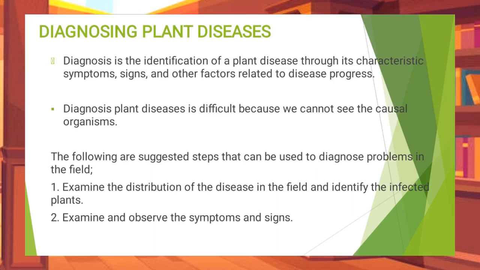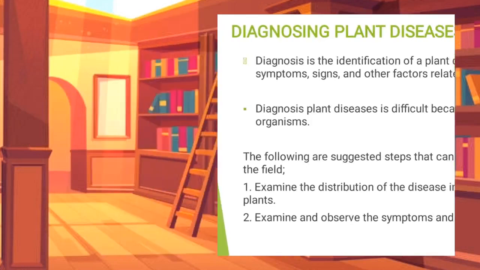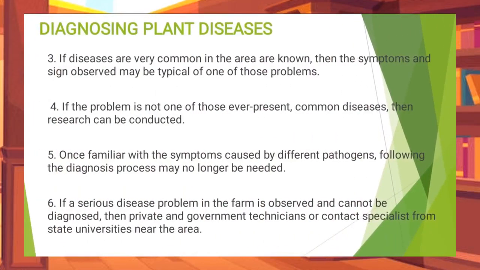So, ilailahon kung asa ang mga infected plants o i-observe kung giunsa pud nila pag-distribute sa disease. So, number 2, examine and observe the symptoms and signs. Number 3, if diseases that are very common in the area are known, then the symptoms and signs observed may be typical of one of those problems. Kung dili pud first time nga naay disease imong plant or sa imong silingan, so possible nga infected imo